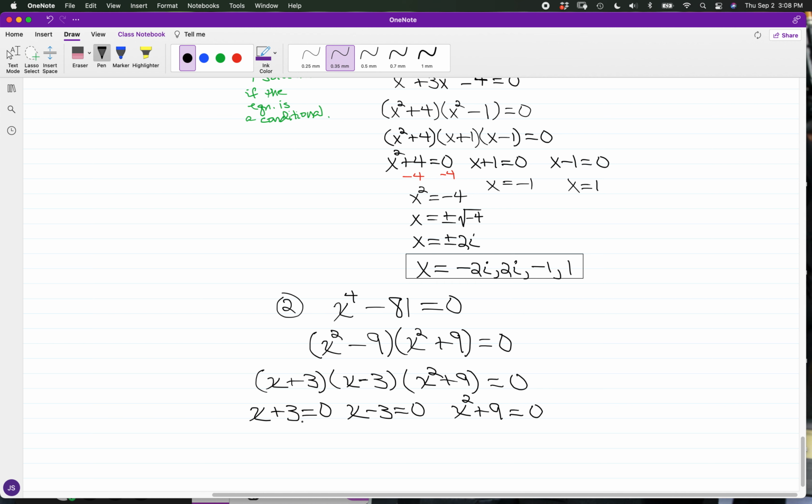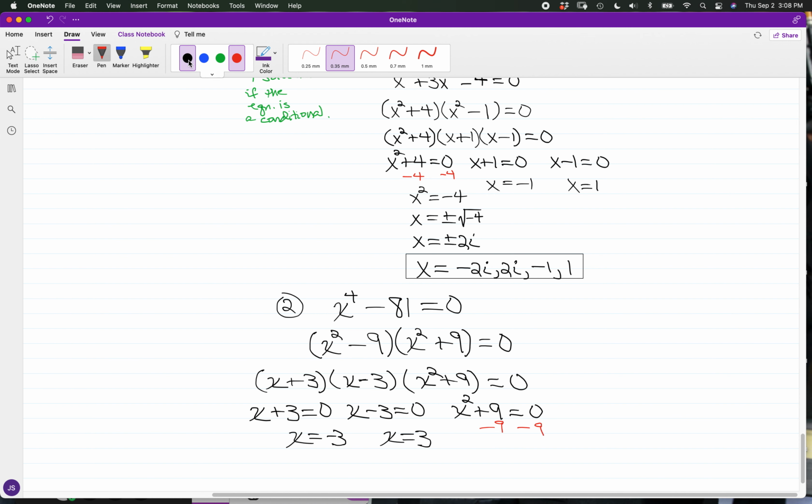So once again, if x plus 3 is 0, I'll isolate this x, taking away 3, so we have x is equal to -3. If x minus 3 is equal to 0, I can isolate x by adding 3, so we have x is equal to 3, and for x squared plus 9 equal to 0,